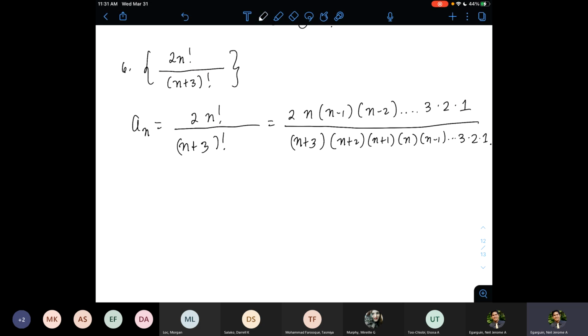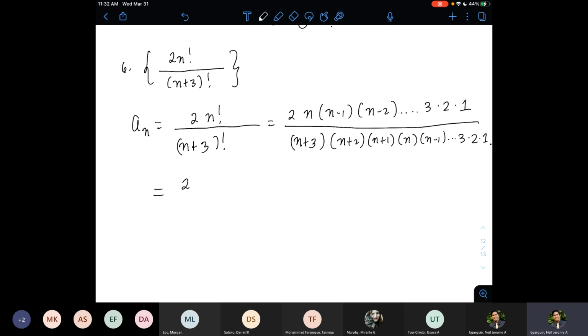All right. So basically, n factorial is the product of the first n natural numbers. Here we have n plus 3, so it will be the product of n plus 3, n plus 2, n plus 1 down to 1. All right. And now let's try to simplify and see how this looks. Note that I still have a 2 in the numerator,